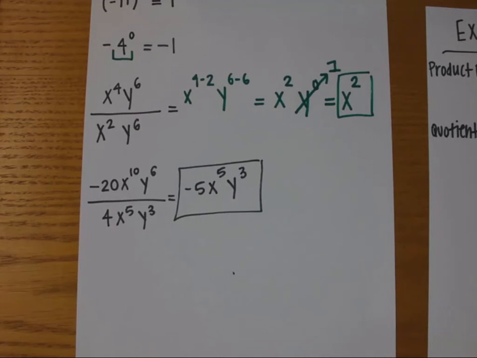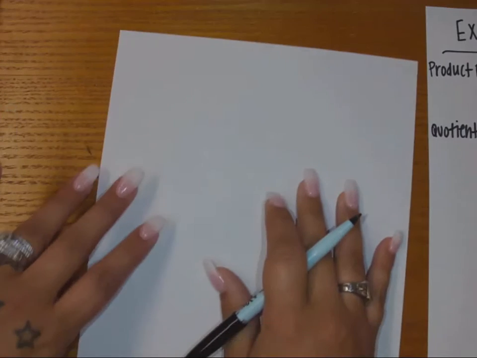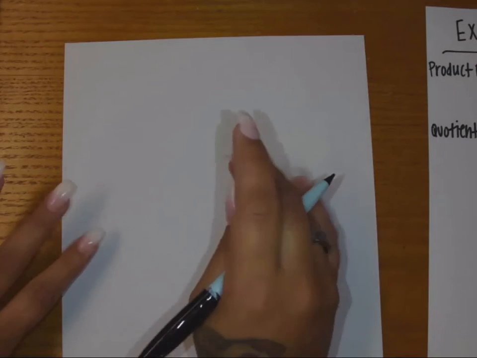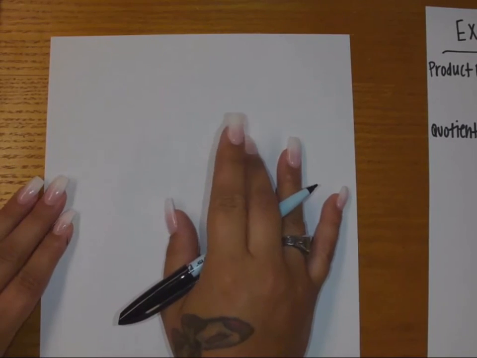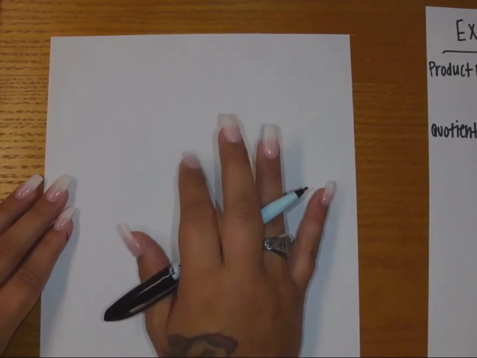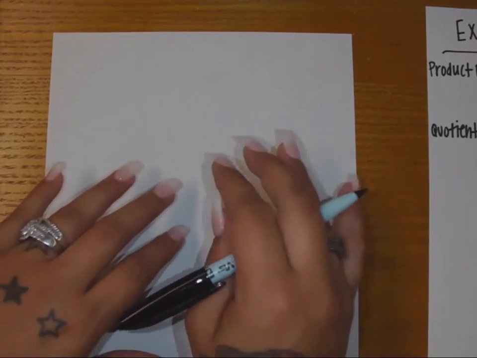Okay. So let me change papers. We are going to do, let me see if I want to do this one or the next one. I want to do a complicated one so that you'll know how to solve these problems. Okay, let's use this one. So this one just says simplify. Write each answer using positive exponents only. Remember, like I said, a